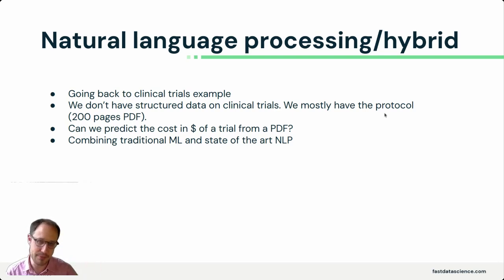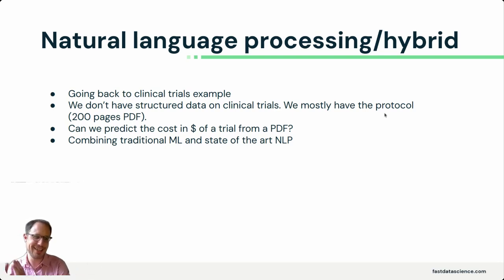So I can have a machine learning model where I drag and drop a PDF into it. It will find the number of subjects. It will find the number of sites. It will find the intervention, the drug, is it biological, is it small molecule, and how many sites are we running in, what country is it running in, and so on. We can find all those bits of information and then feed them into a separate cost model, which is, again,